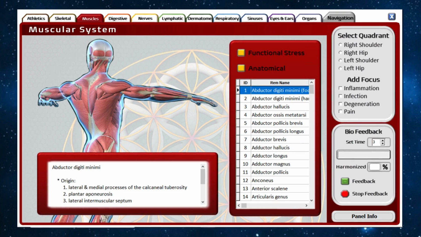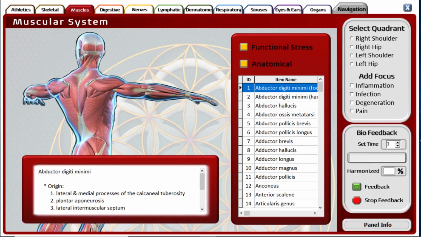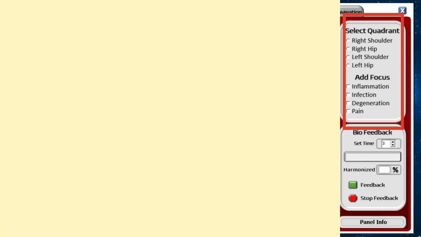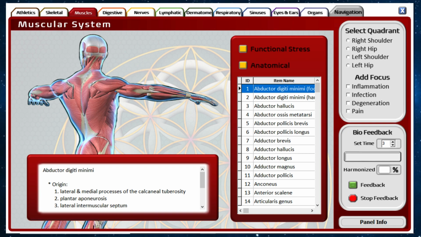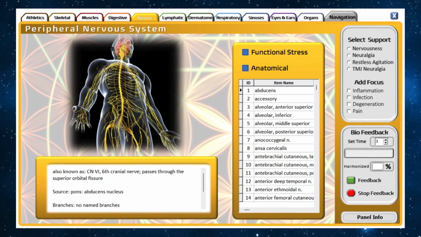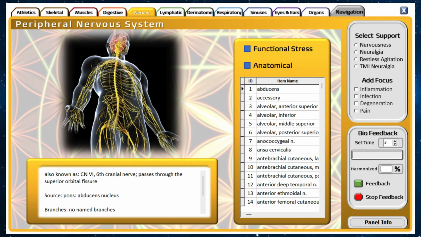Moving on to the muscular panel. On this panel, the user can address energetic imbalances related to certain muscle components or conditions. The user can also choose to add the additional support on the right-hand side. Next is the nervous system panel. This panel allows the user to address energetic imbalances in the nervous system, along with adding additional support and focus